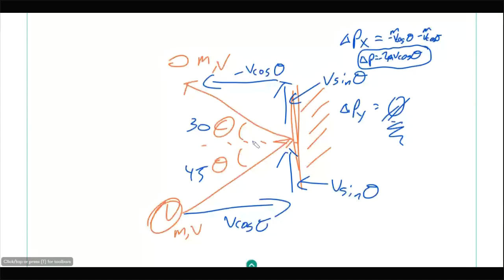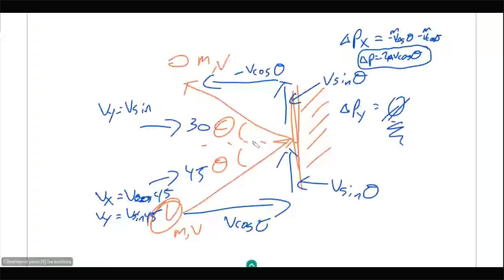In this case, Vx would be V cos 45, and Vy would be V sine 45. Then here, Vy would be V sine 30, and Vx equals V cos 30. Then all you would do is change momentum in the y direction will be the mass times V sine 30